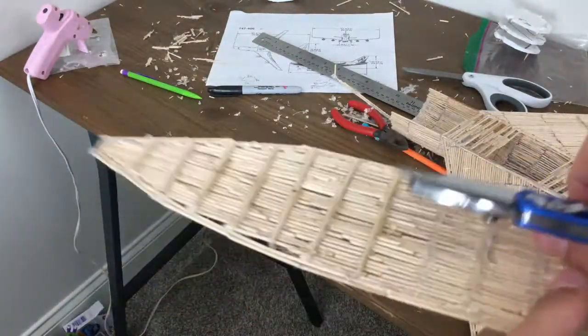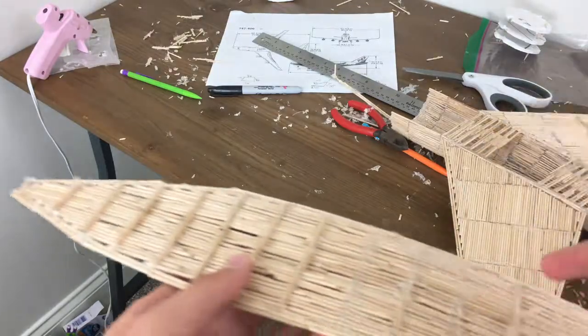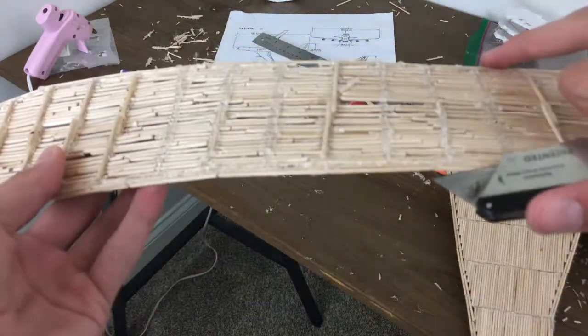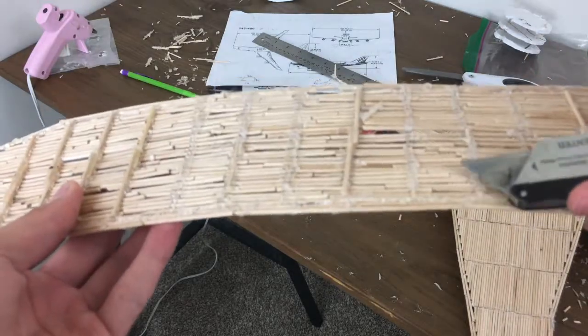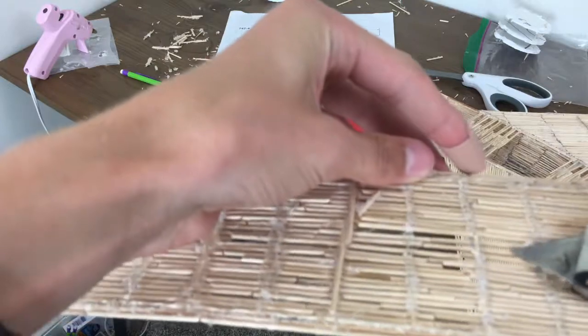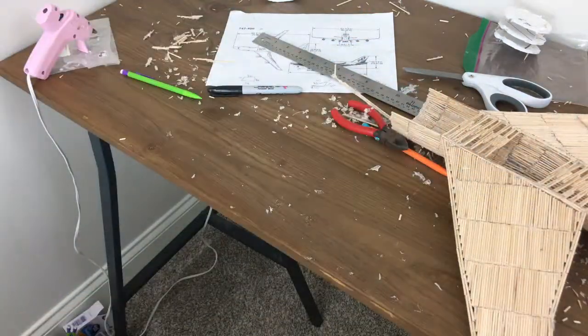Alright, I'm just gonna quickly describe to you what was happening. So we had one of the supports, and I was just taking it off kind of like that, and I had my hand right here, and then I was just taking off the support, and it just went quick. So yeah,